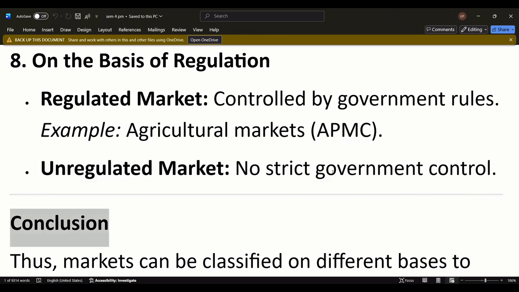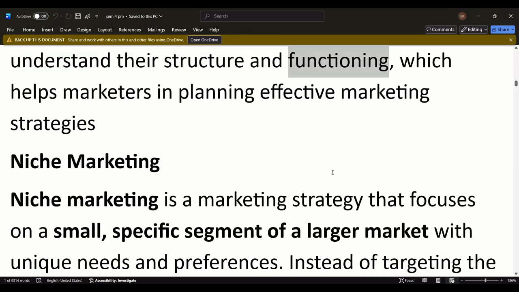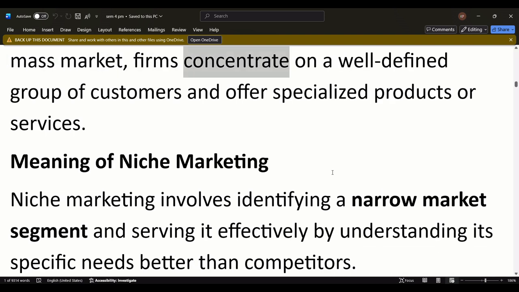Conclusion. Thus, markets can be classified on different bases to understand their structure and functioning, which helps marketers in planning effective marketing strategies. Niche marketing. Niche marketing is a marketing strategy that focuses on a small, specific segment of a larger market with unique needs and preferences. Instead of targeting the mass market, firms concentrate on a well-defined group of customers and offer specialized products